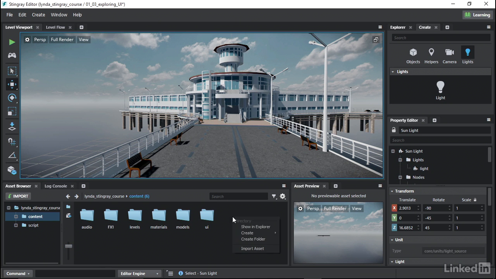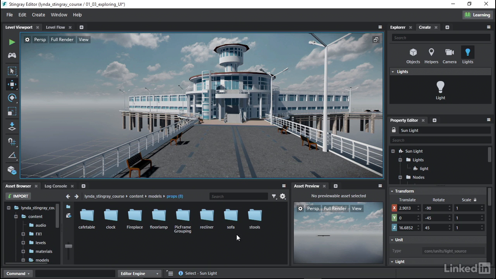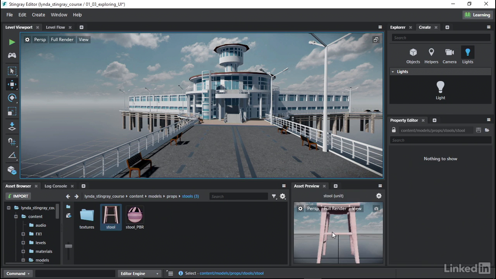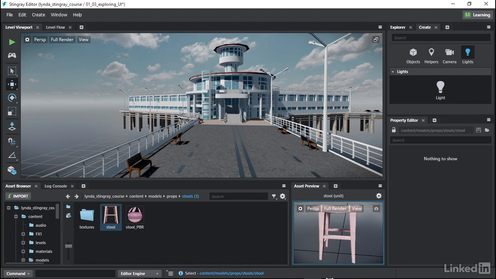If you right-click in this folder, this is where you can actually create new folders and import assets directly within here. But we'll cover importing of assets a little bit later. The next window that you see over here, a little bit more to the right, is the Asset Preview window. When you're creating or bringing in assets that are going to be on your stage in your main viewport, you can actually preview them here without actually having to drag them into your scene. So if I have a model here, I'll go ahead and choose a stool model. You can see that that model appears here, and I'm able to inspect the object